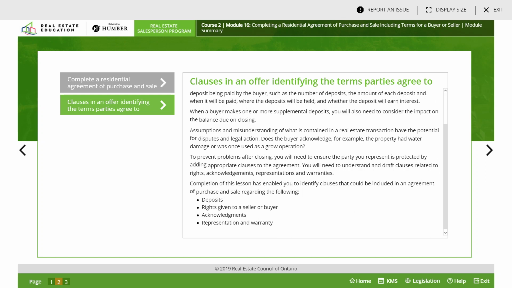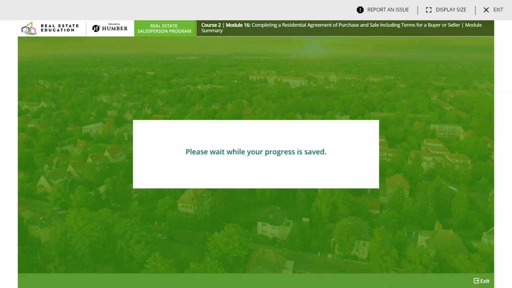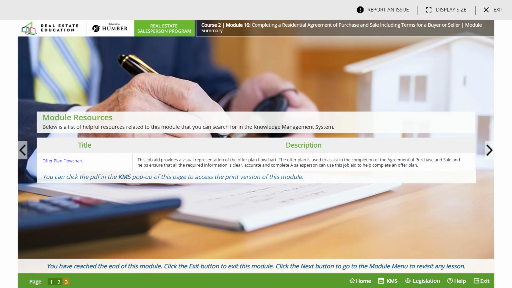When a buyer makes one or more supplement deposits, you will also need to consider the impact on the balance due on closing. Assumptions and misunderstandings of what is contained in a real estate transaction have the potential for disputes and legal action. Does the buyer acknowledge, for example, the property had water damage or was used as a grow operation? To prevent problems after closing, you will need to ensure the party you represent is protected by adding appropriate clauses to the agreement. You will need to understand and draft clauses relating to the rights, acknowledgments, and representations and warranties. Make sense? Cool. So that was basically